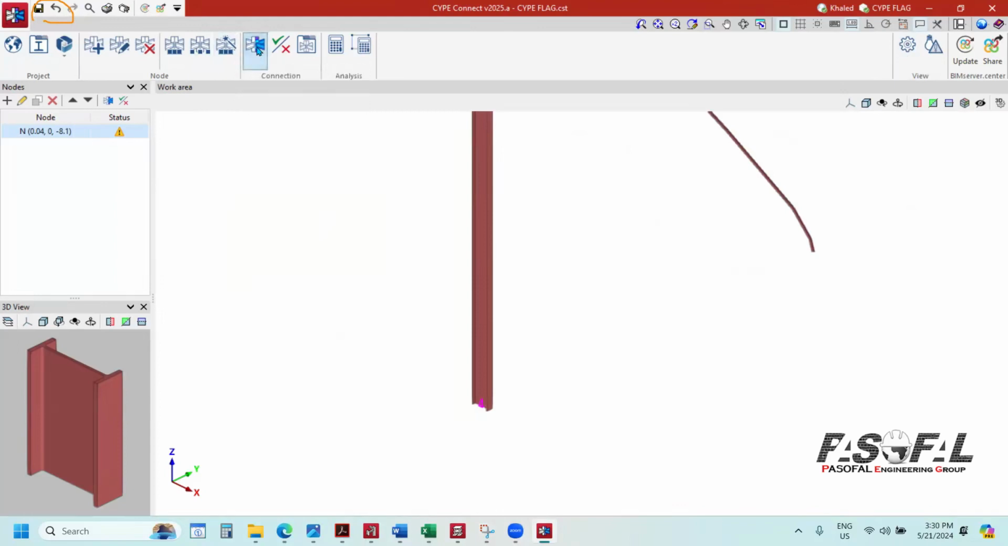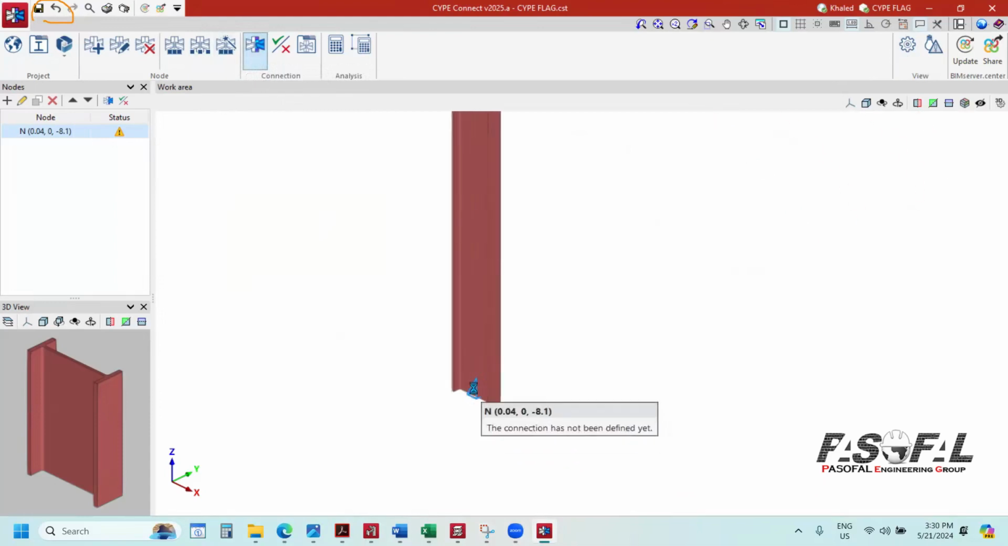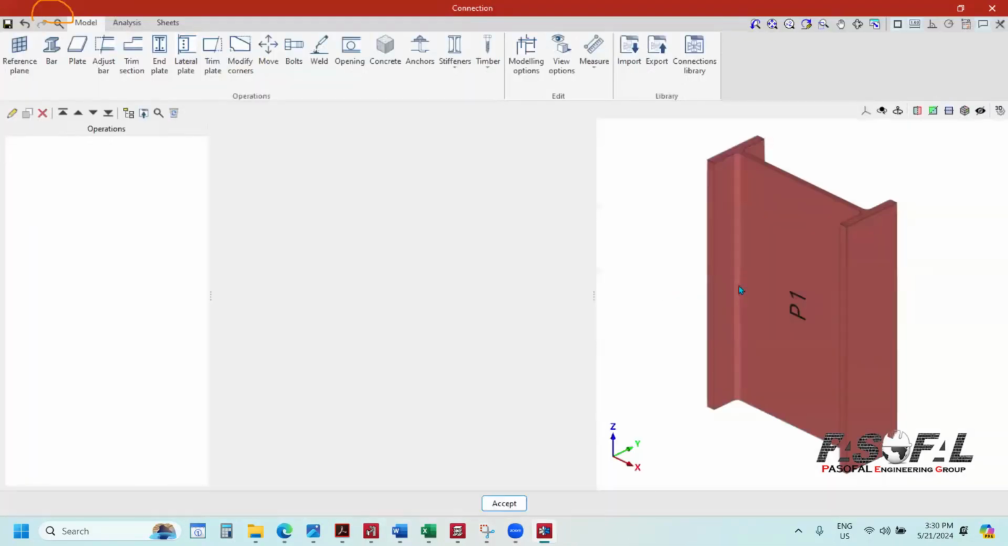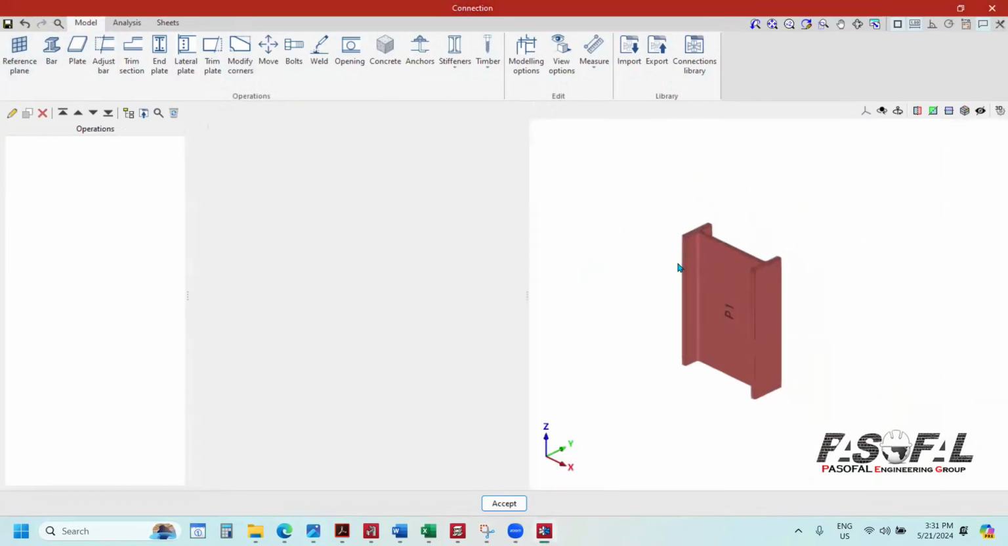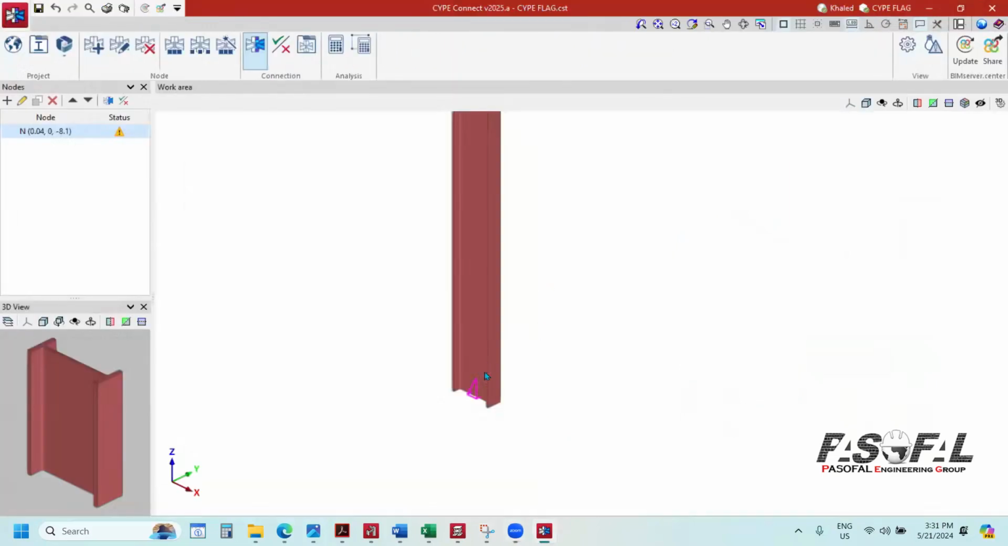Here I can click on edit. And then here I can click on this connection that I created. Once you click on that, here you have different operation options. You have the reference plane, the bar plate, adjust bar, trim section, end plate, lateral plate, trim plate, and so on and so forth. So you have all these options to come up with your own connection. If I accept this,